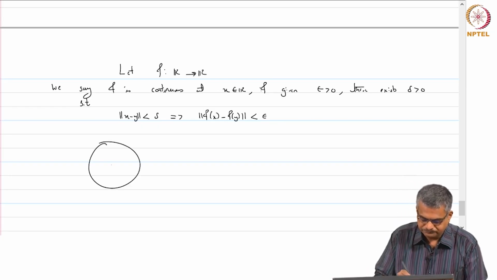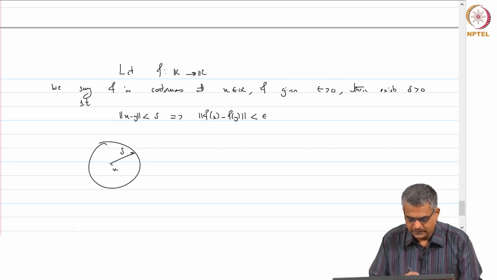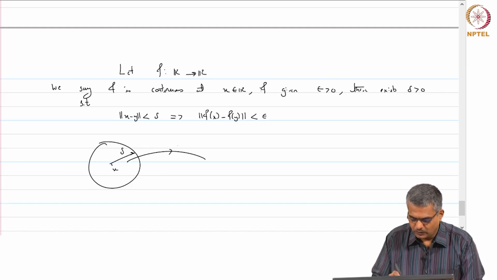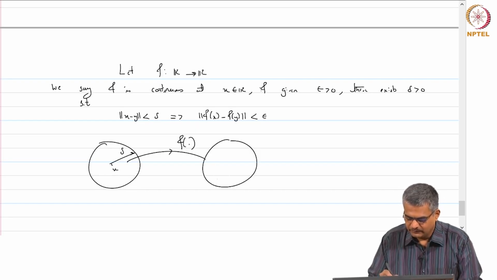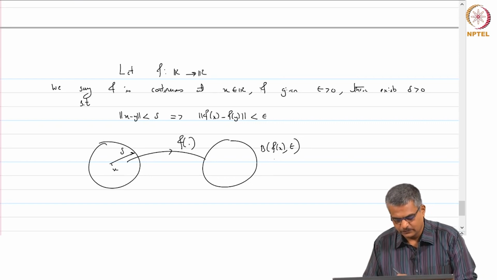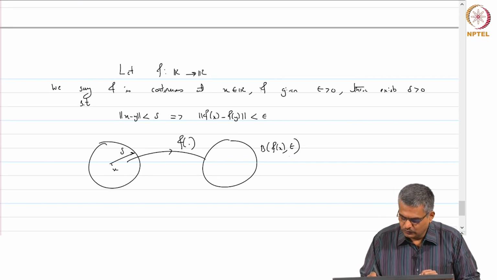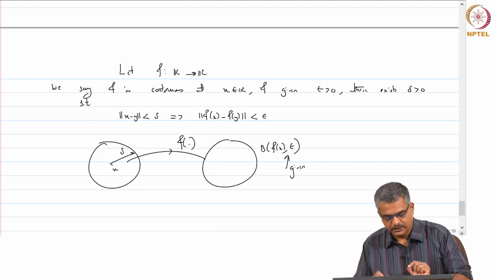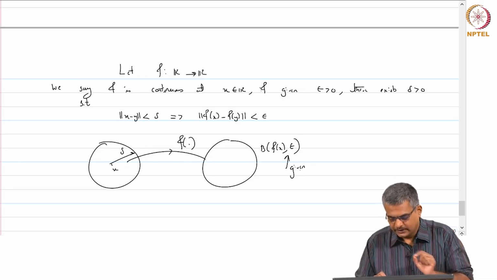So, you have an x here, you have a delta ball, and then you map all this through this function f, you end up with a ball with center f(x) and radius epsilon. So, f is said to be continuous at x if, given epsilon, x being a test point and epsilon given to you,